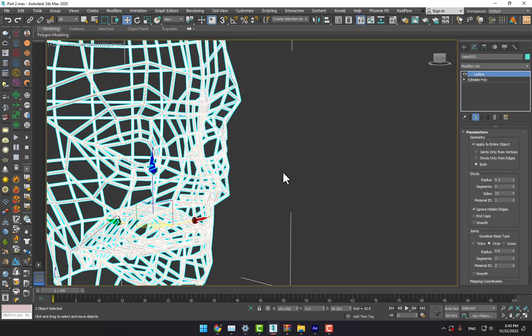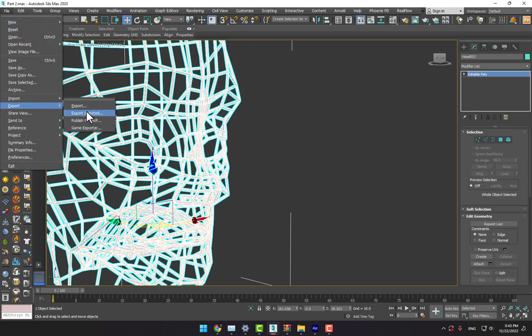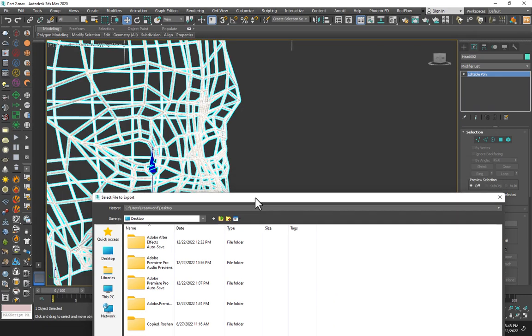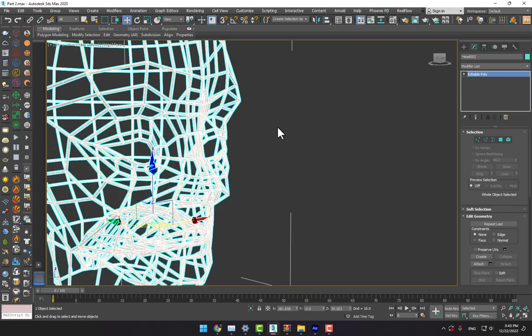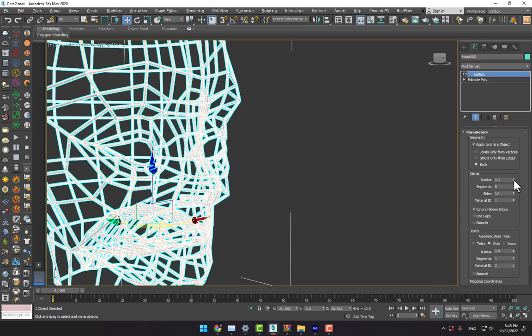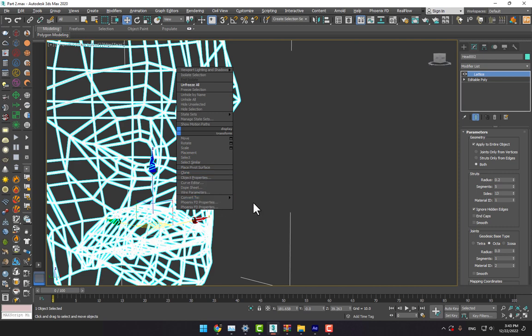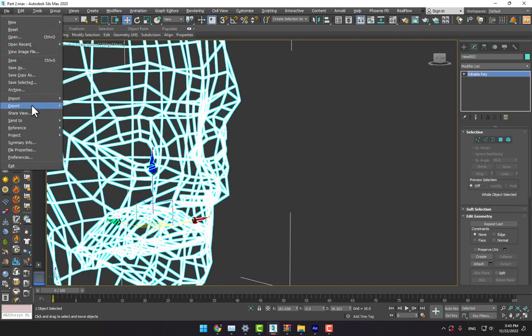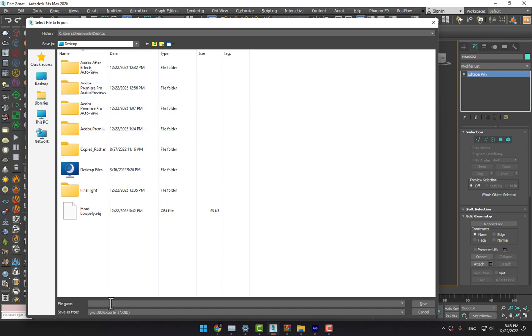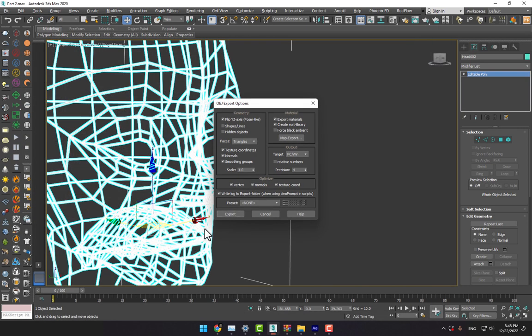So right click, convert again to poly and go to File, Export. So before exporting, press Alt, .2, select again, change to edit poly, File, Export, Selected, head, low poly 2,